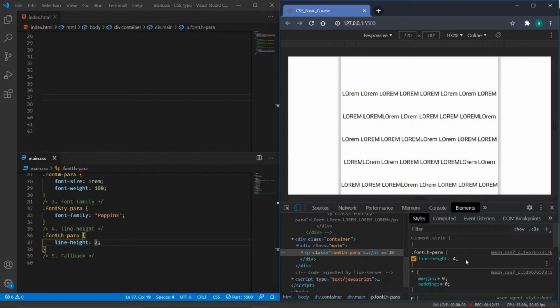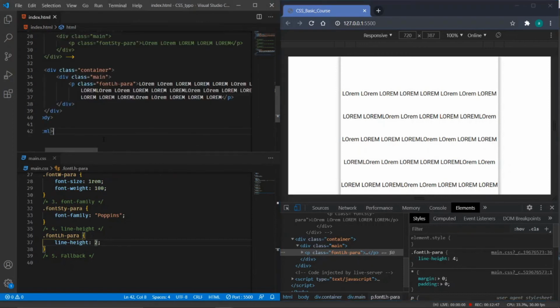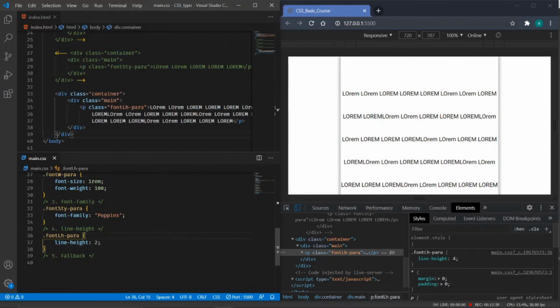It will accept that type of value, but that is not a standard practice to follow. You should always make sure we are having a proper value without any unit. That's the industry standard.